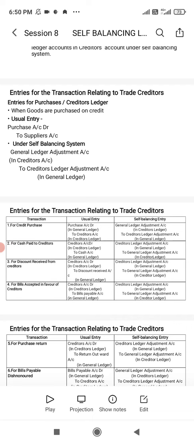Dear students, in yesterday's class we discussed what are all the entries we have to pass in debtors ledger account under self balancing system. Today we'll discuss what are all the entries we have to pass in trade creditors accounts in self balancing system. Basically, the first entry you have to start with,